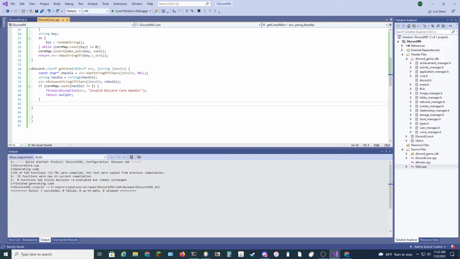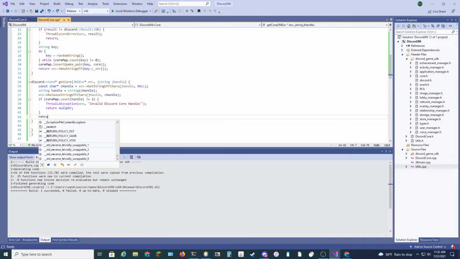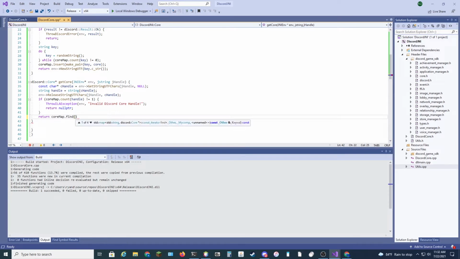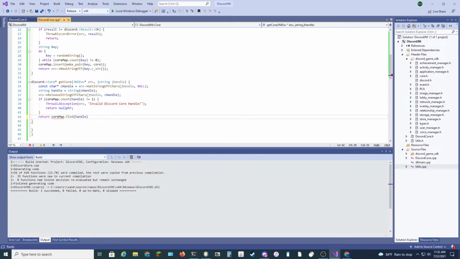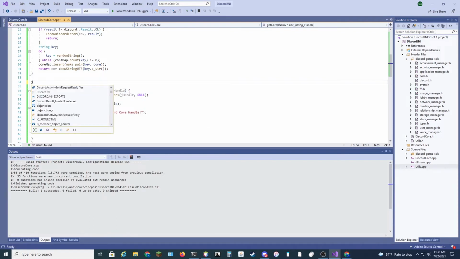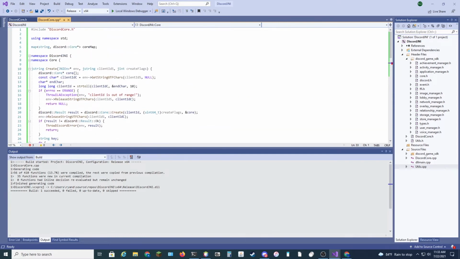So then just return core map. We want to find handle, and then from that we get second. There we go. And while we're at it, I think that we have really only one or